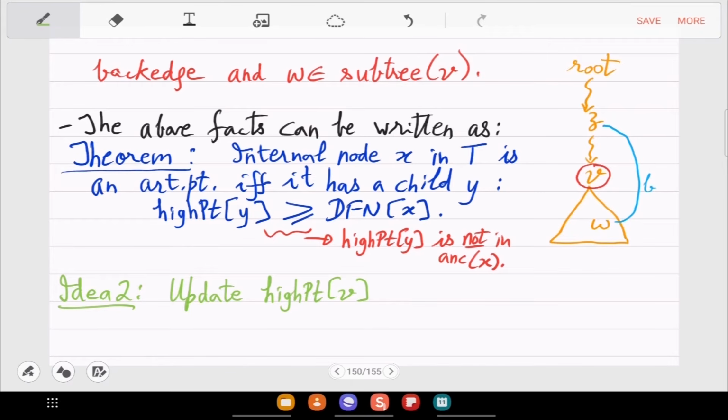You update it recursively. Okay, so when you go from V to a child, say W prime, then the W prime's high point potentially will contribute to the high point of V. So as you move forward, you will be refining the high point array. Okay, so you do this recursively. And DFS is already a recursive code. So you will see that everything will mix up very nicely. So the idea is just to do this recursively.